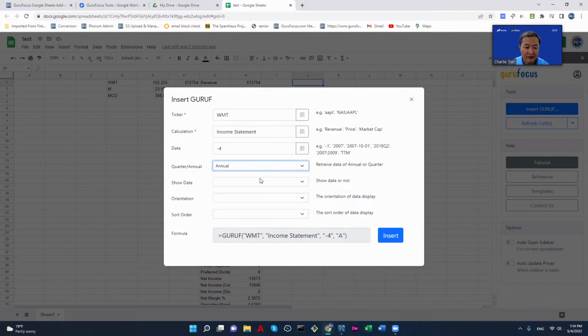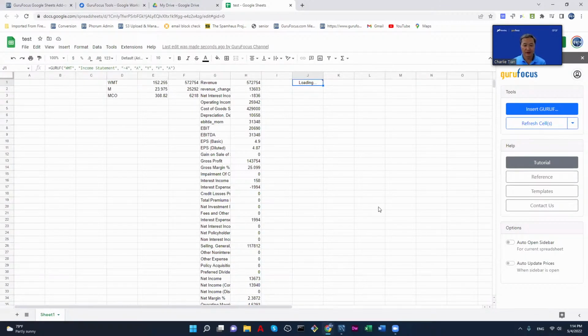And I want annual, and I want to show the date. I want to show it vertically. And the order is ascending. So it gives you a lot more parameters that you can control. And now if I click on insert,